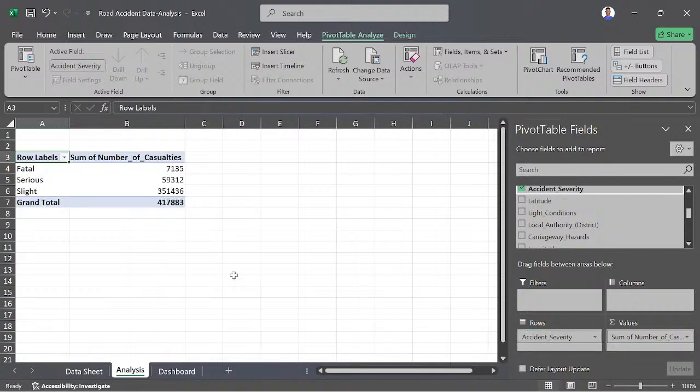So instantly I know what is happening here. You can now see that this is the sum of the number of casualties by severity. Once I'm done with this, because I will be using this to create a visualization, I want to